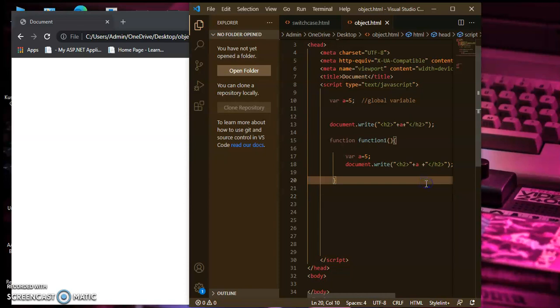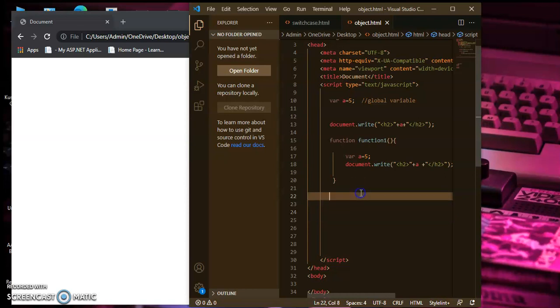So whenever I run this, it must display this variable's value. This is called a local variable, and this is called a global variable. But the value inside this function will not be displayed. Why? Because we have not written the function execution here.